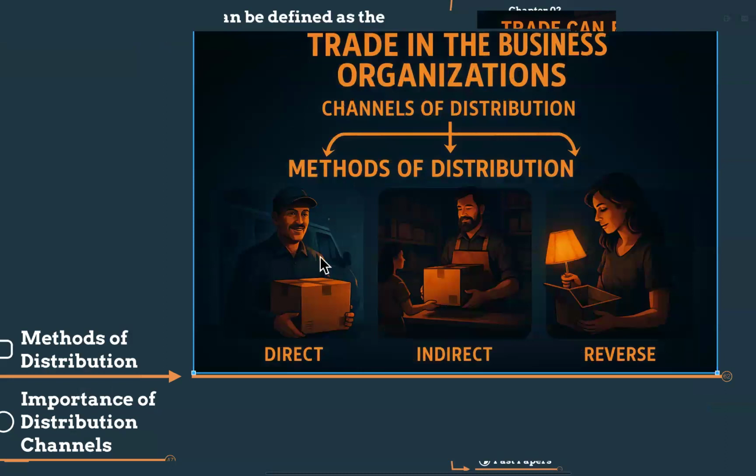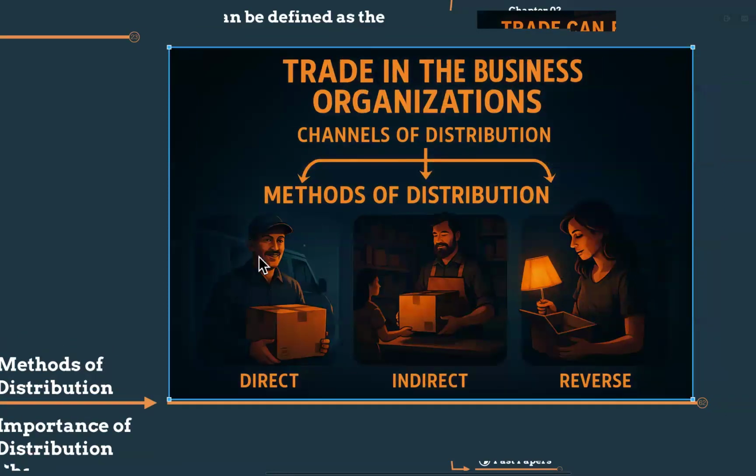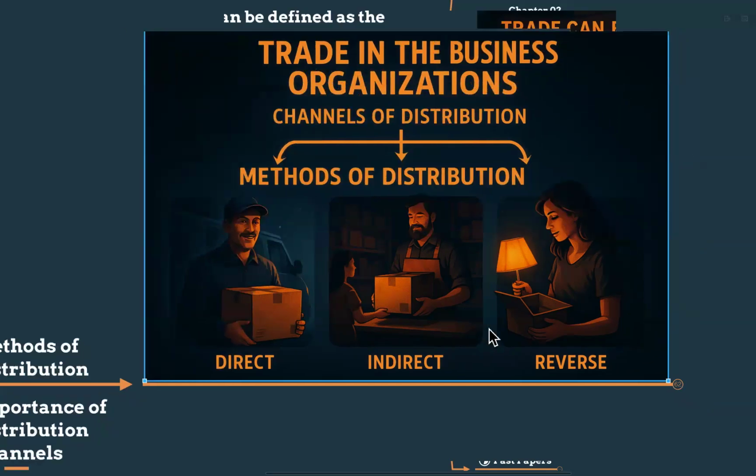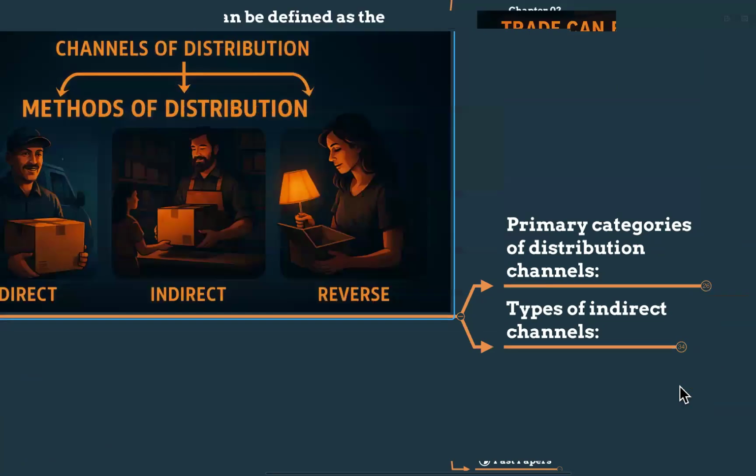Like that. So there is a direct distribution and indirect distribution also. So these are the primary categories of distribution. Let's talk about the direct distribution. What this means? It means the manufacturer sells directly to the customers. There is no middleman in the direct distribution. Like you are buying vegetables directly from the farmer, right? That is direct. And let's learn about it deeply one by one.